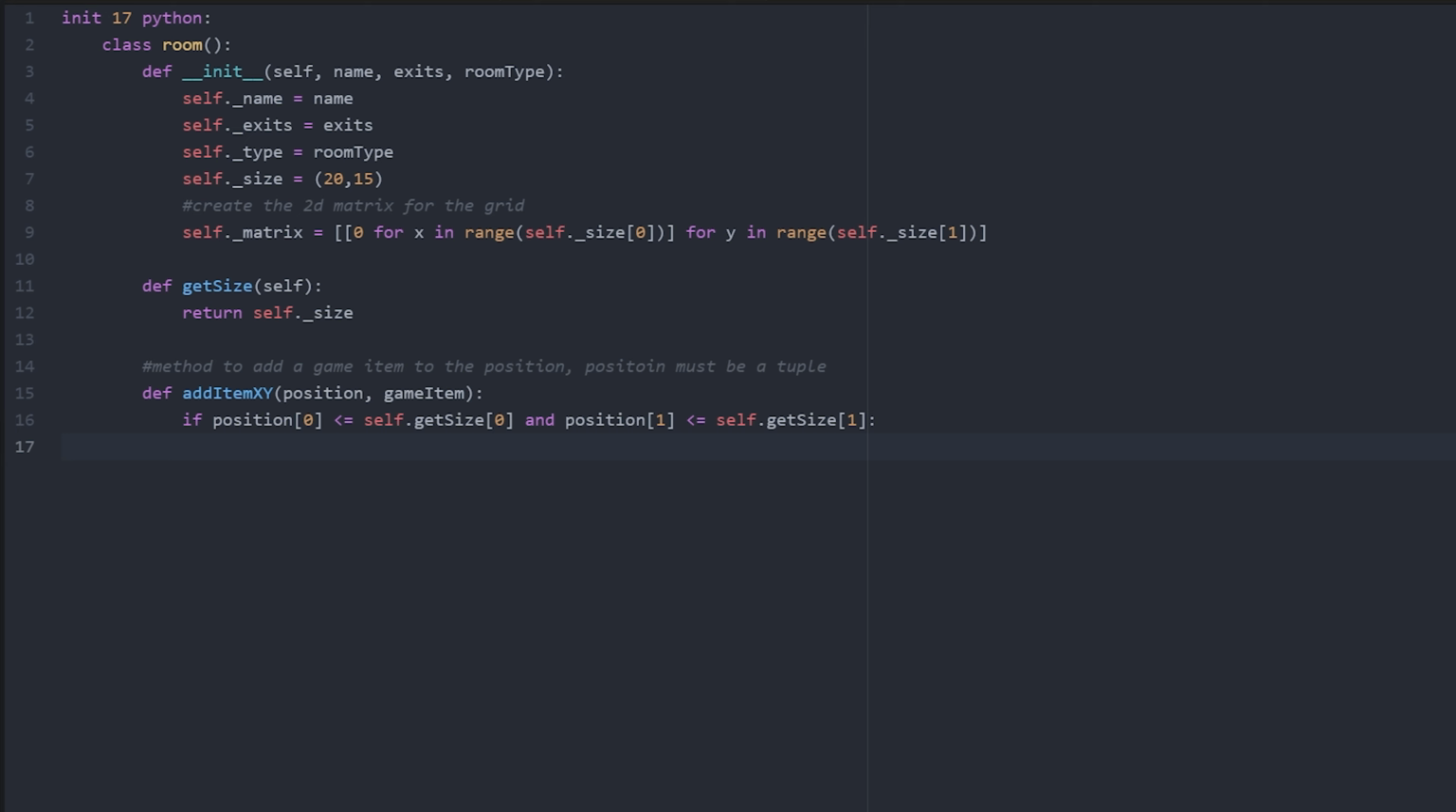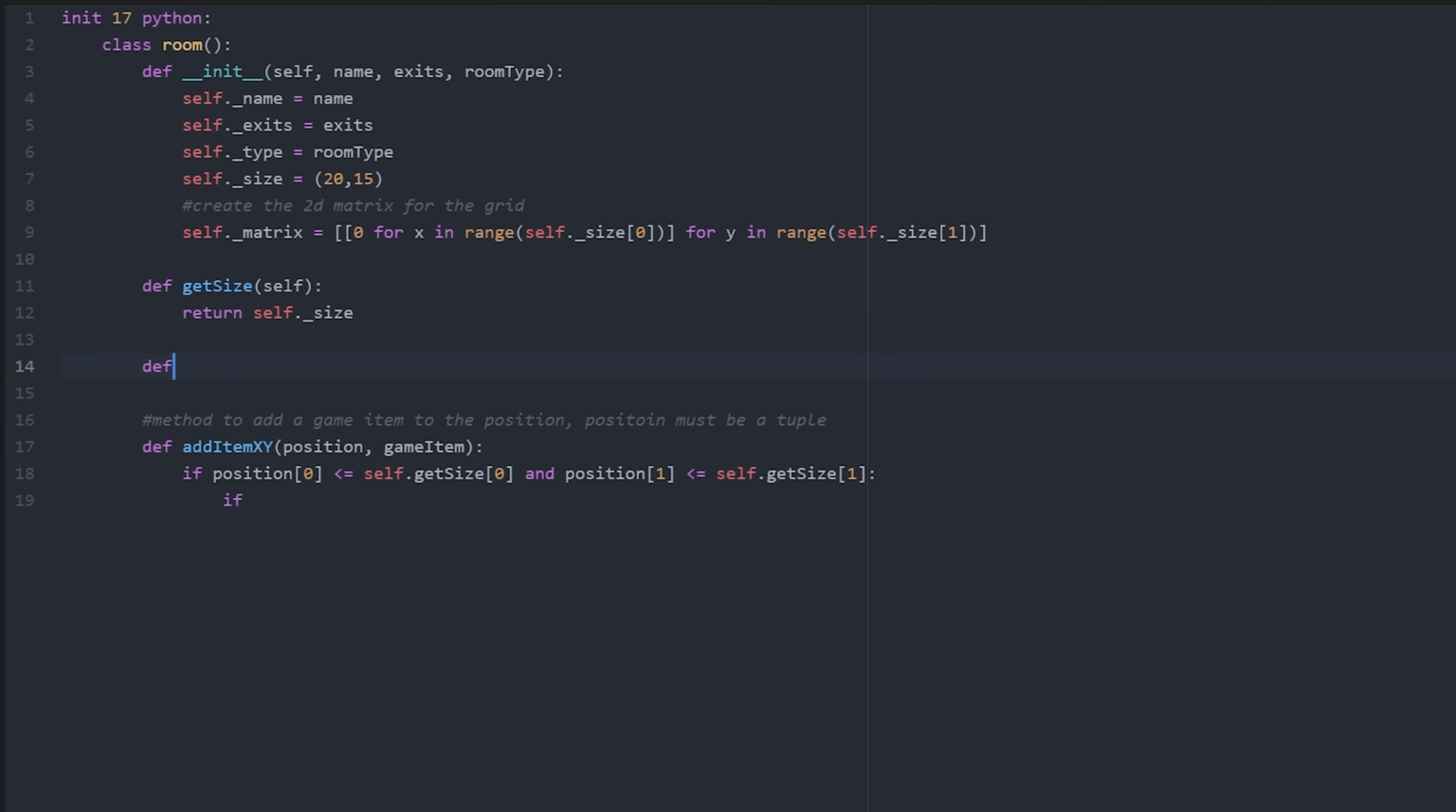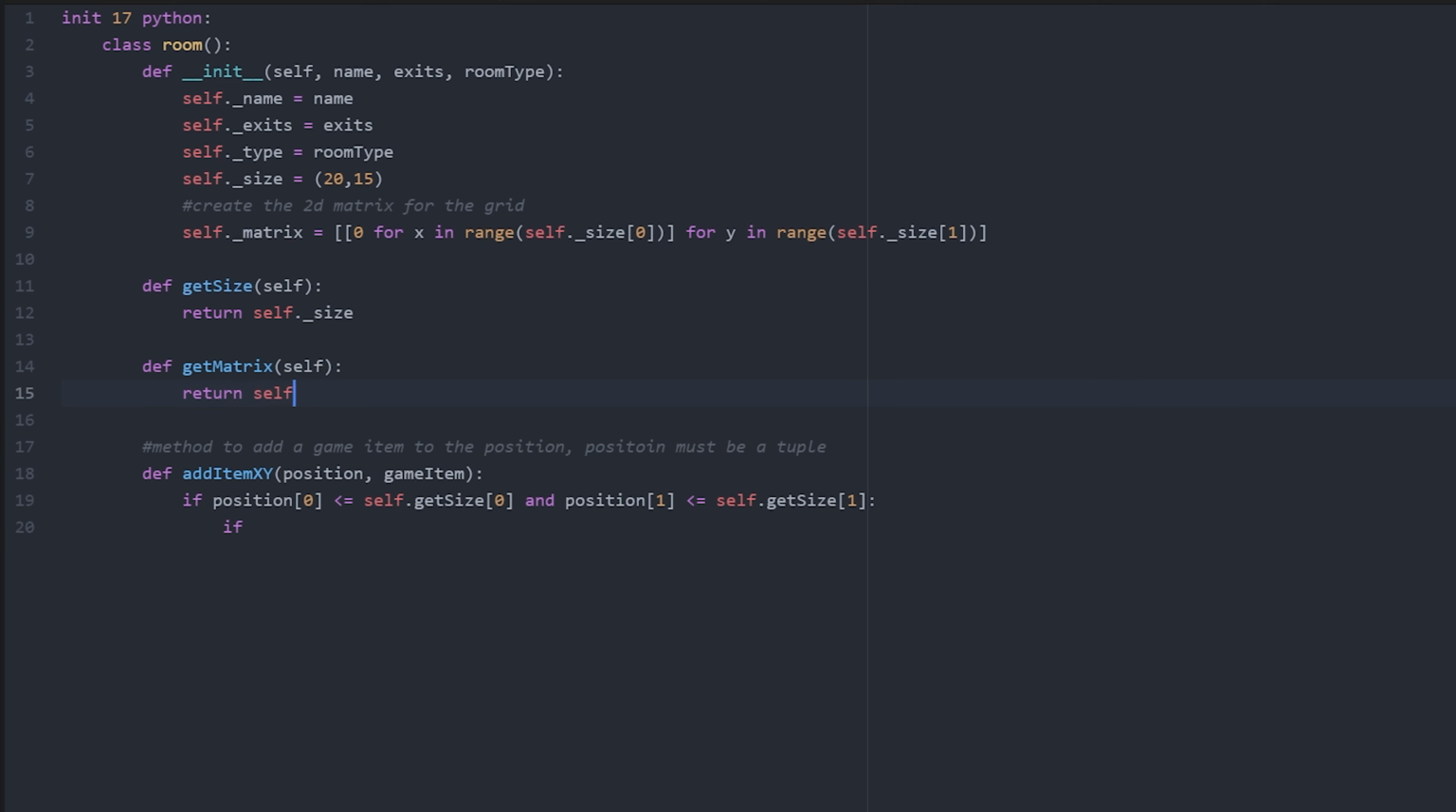Now we want to check that the thing that we're trying to add, the grid square that we're trying to add to, is actually empty, because we don't want to be able to add more than one object. So what we're going to do is we're going to say if matrix, so we need to actually do get matrix here as well. We need a getter for the matrix. Return self._matrix. There we go. So if get matrix